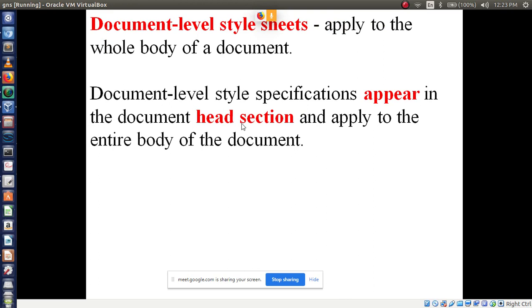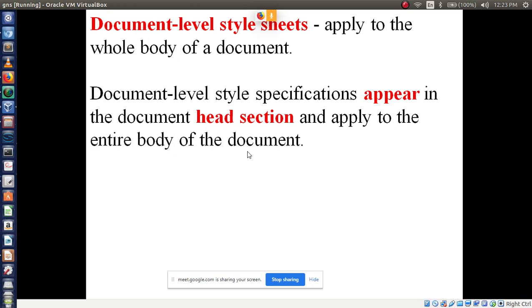Document level style specifications appear in the document head section. In the head only you write this code and it applies to the entire body of the document. That's why we call it a document level style sheet. Two points you have to remember. This style sheet will apply to the whole body of the document.